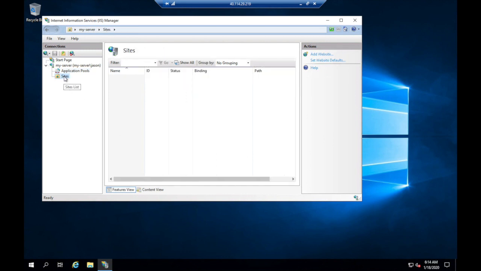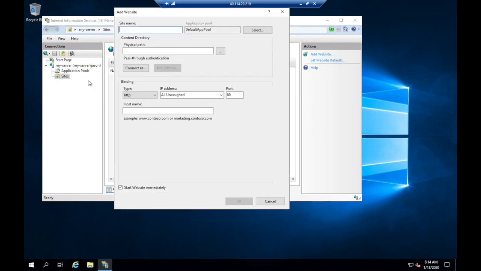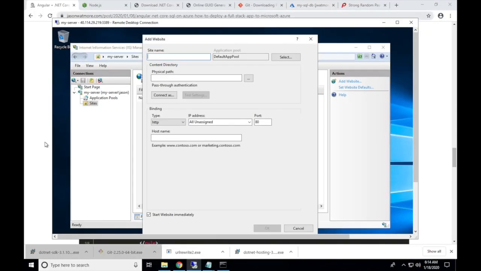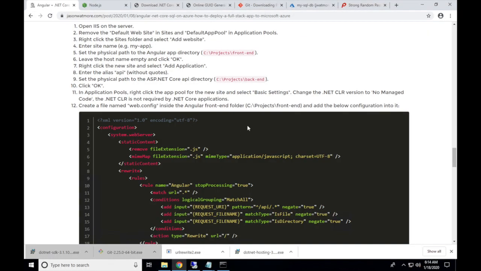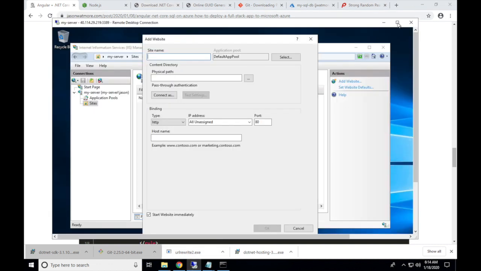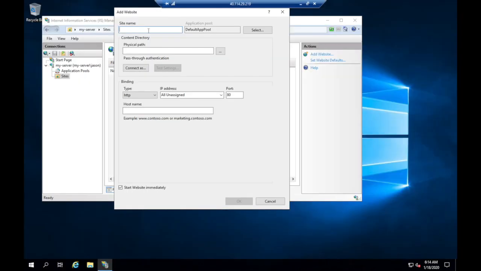Then under sites, click add website, and what name did I suggest for it here? My app. Very creative. Okay, let's just call it my app,